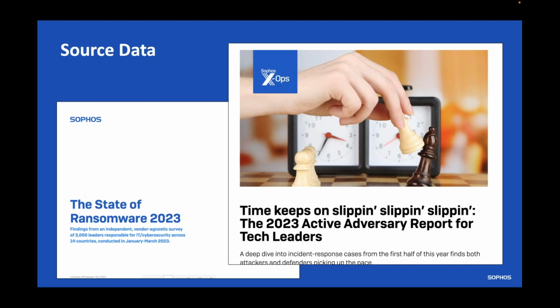The other report that I'm going to pull some data from during the course of today's session is our Active Adversary Report, which is produced once every 3 months by my colleague John Shier from the Office of the Field CTO. And this is an interesting report because the data behind this report is actually drawn from our own engagements with customers. So these might be existing Sophos customers, and we can get a lot of interesting telemetry from an existing Sophos estate.